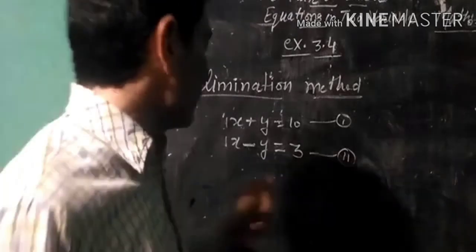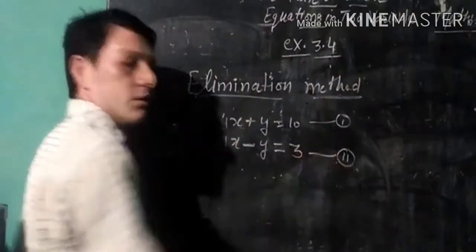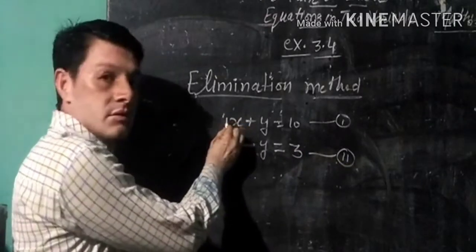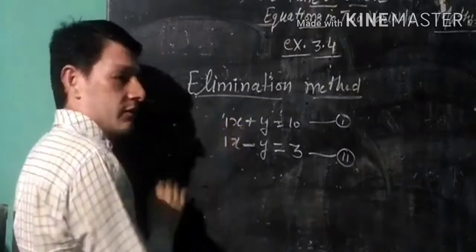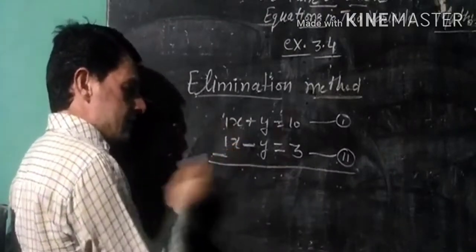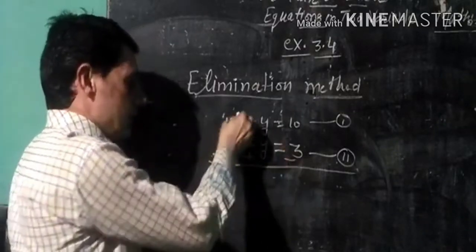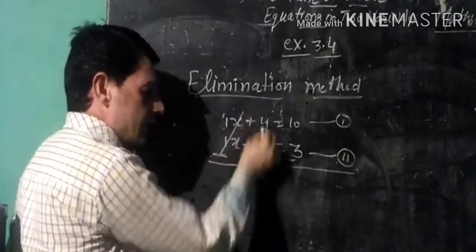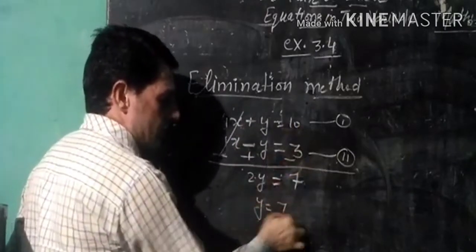In that elimination method, what we will discuss, this is first linear equation in two variable and this is the second linear equation in two variable. We need to check the multiple of x is 1 and the multiple of x is 1 and both are in same sign. Then what is the second step? We need to subtract them. This plus will change into minus, this minus will change into plus and this plus will change into minus. Then this is plus and this is minus, that is cancel. x and x, that will become 2. y and y, this will become 2y. 10 minus 3, that is equal to 7. So y is equal to 7 by 2.